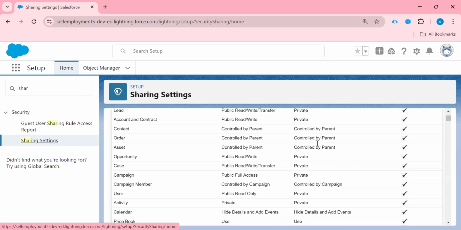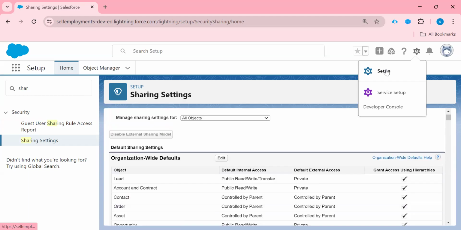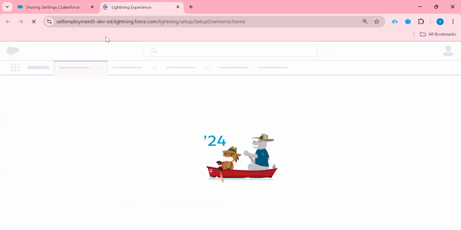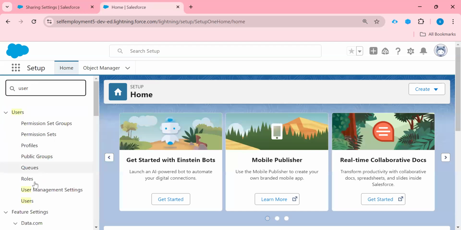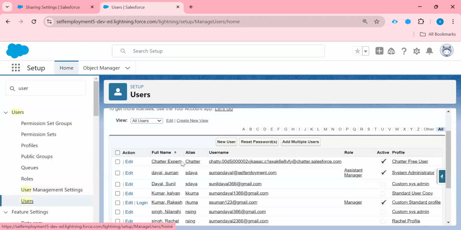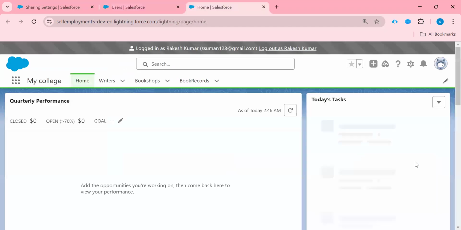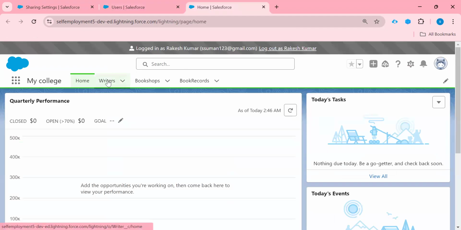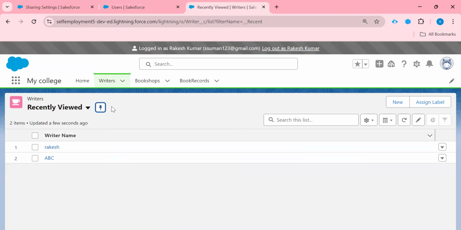Let me click setup and open my user first, so I can see which object is assigned to this particular user. Click on user, so we can check that particular object. Just log in from here, this is our active user, writer. So we will check for this object.